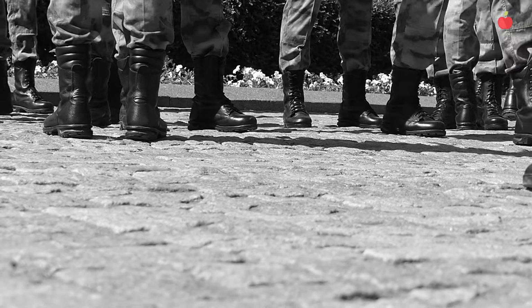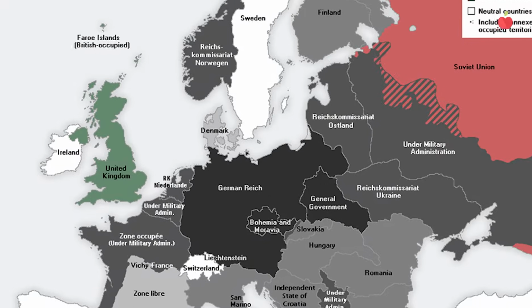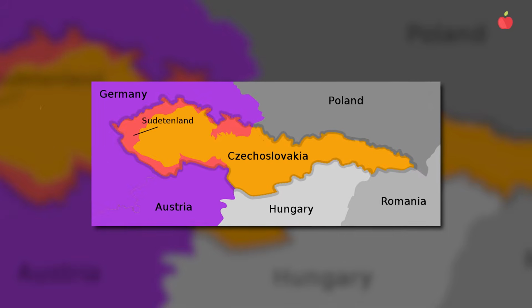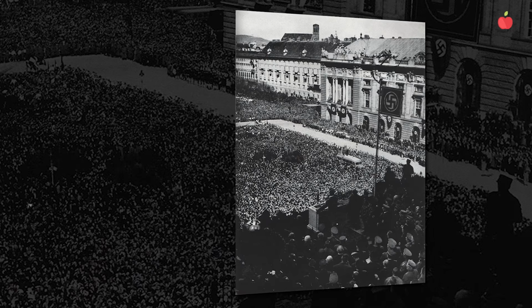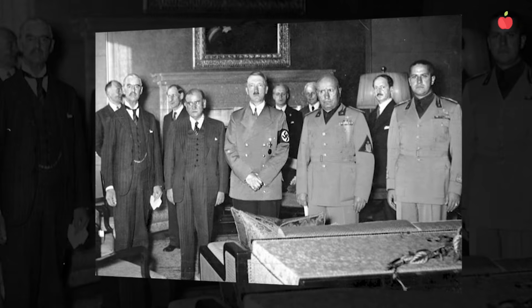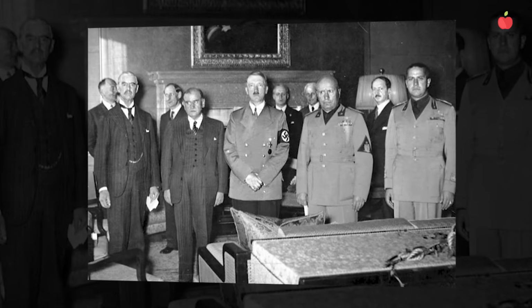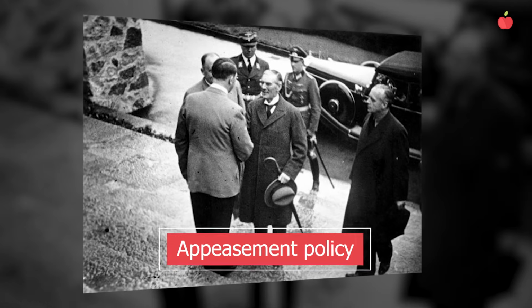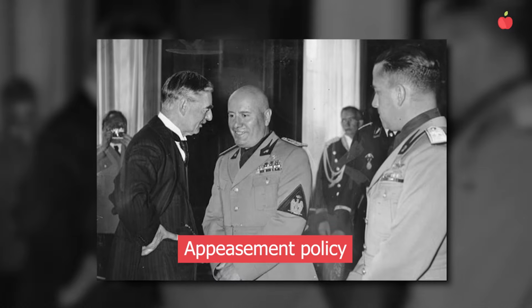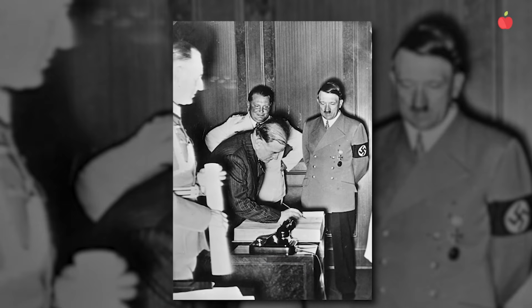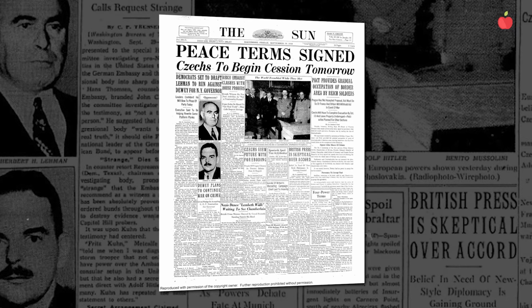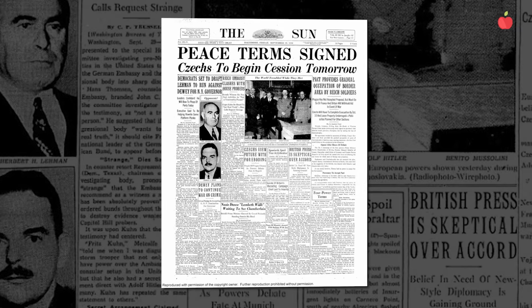Part of Hitler's bigger plan was to establish Lebensraum, or living space, for the German people. So he annexed Austria and Czechoslovakia. Unfortunately, the annexation of Austria, or Anschluss, went unpunished, while Czechoslovakia was given as a peace offering by the Western powers following World War I. This is known as the appeasement policy. The appeasement policy, supported by Britain and France, only emboldened Hitler's territorial ambitions. As the Munich Agreement fell, it became clear that diplomatic negotiations alone could not stop his aggression.